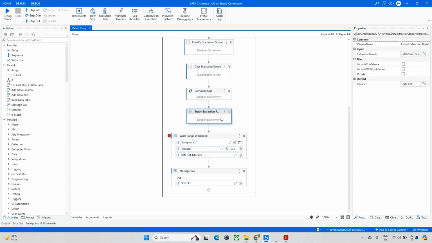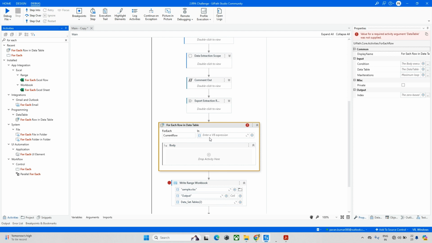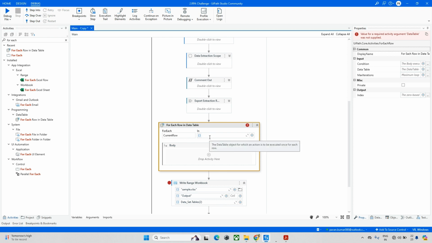Okay, so first of all, we need to loop the data set. For that, what do we need to do now? We need to take each row of the data table. Okay, I will show you. We'll go one by one. So data set dot